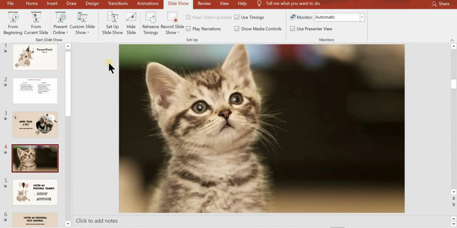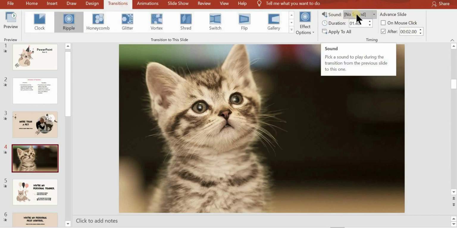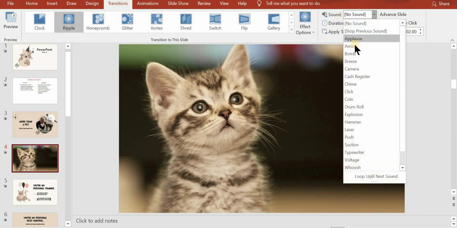We can also apply sound effects to the transition. For that click on the transition tab, then you will get on the right side here sound. Already it is selected, no sound option. Click on this arrow, then different sound options are available here. From here you can select any one option.